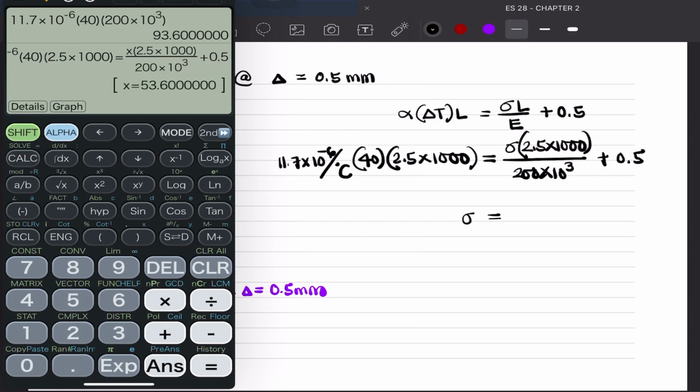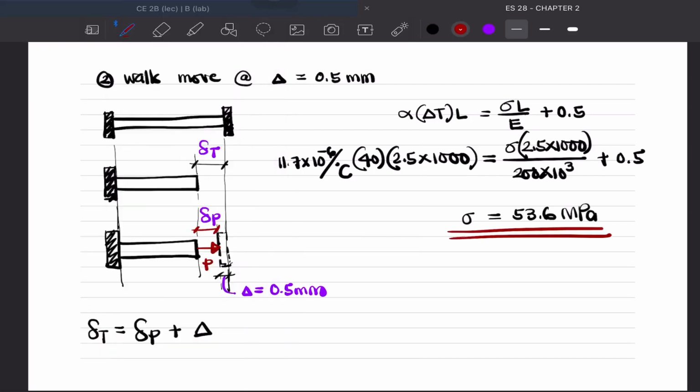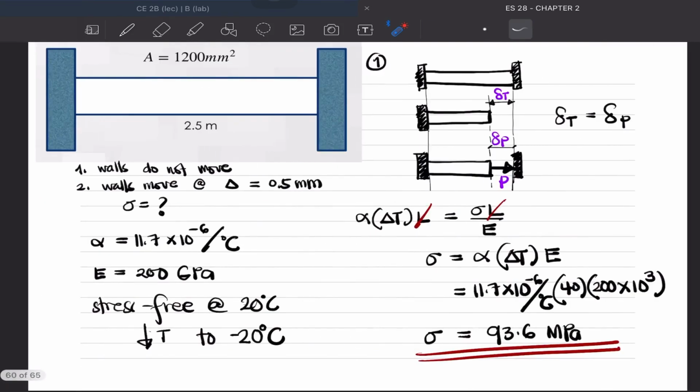So natay stress nga 53.6 megapascal. Okay, so this is the value of the stress due to the change in temperature but with the condition nga mag-move ang wall at a distance 0.5 mm. Okay, so kung compare na to siya diri sa first nga na-solve na to, mas dako og value ang iyang